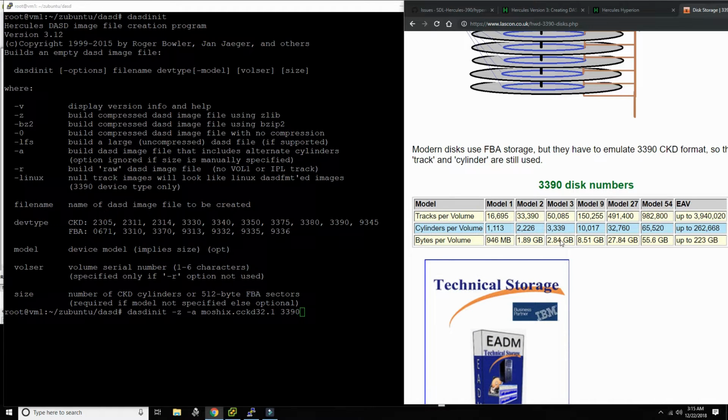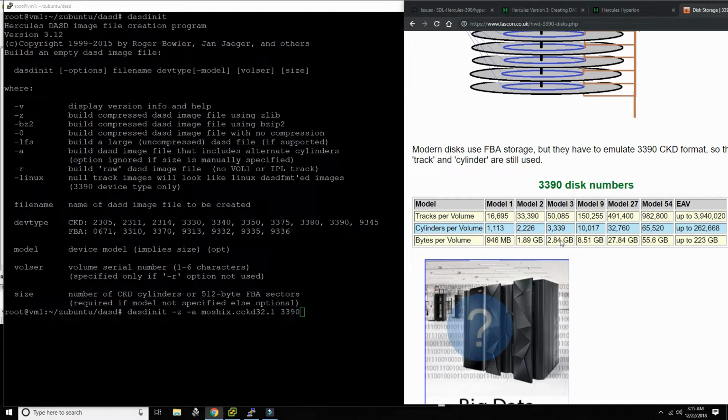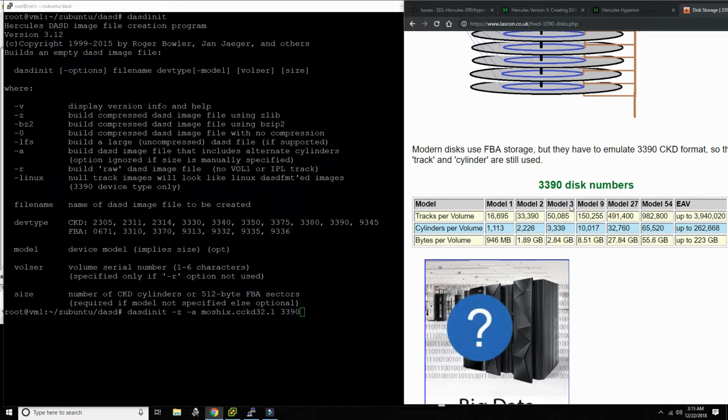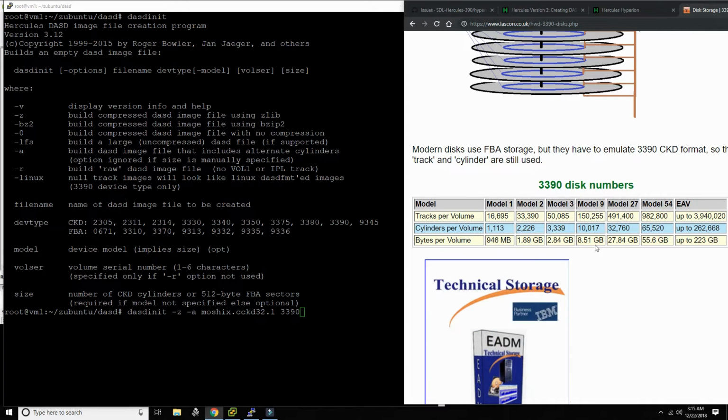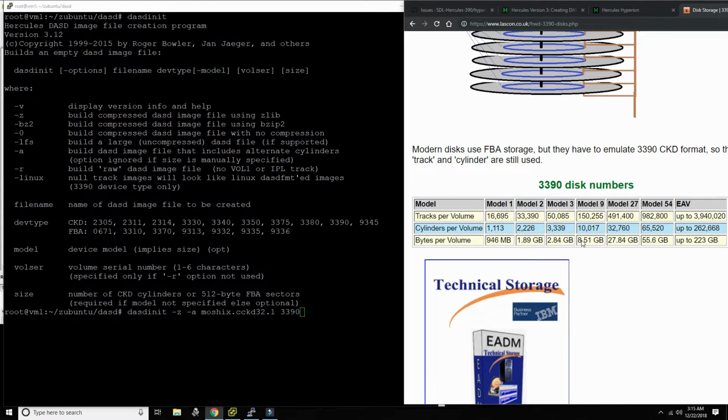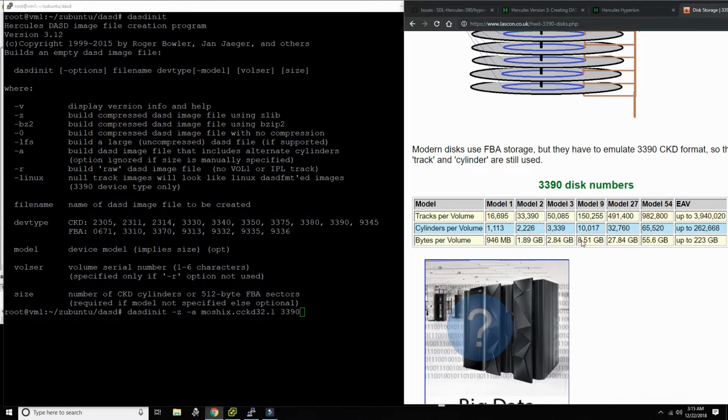Now, everything that we were able to use, compressed or even uncompressed in Hercules, had to be within the limits of 2.84 gigabytes within Model 3. Why is that? That is really the most important part of this whole video. Model 9 already has 8.5 gigabytes, and Hercules disk access was written in 32 bits. 32 bits means you can only address up to 4 gigabytes, and that is really the problem,